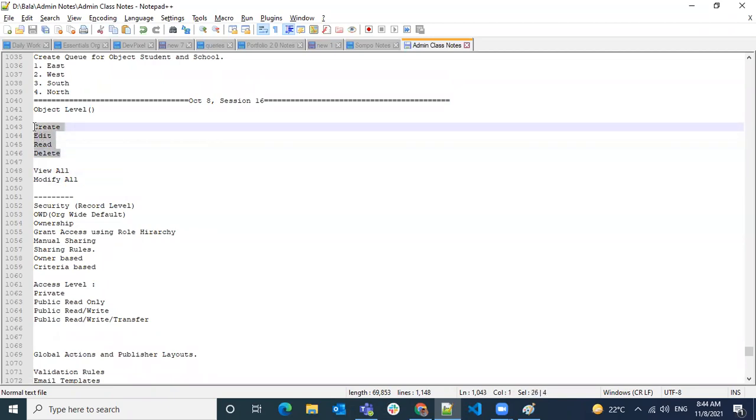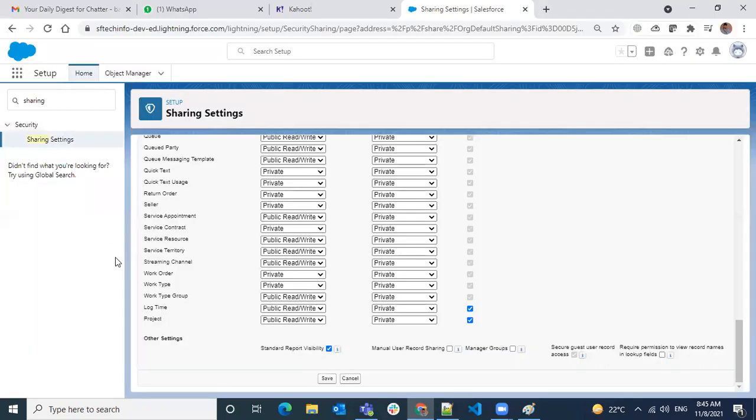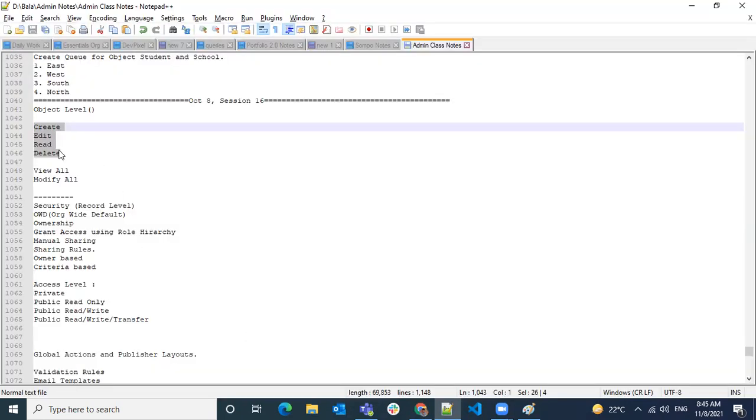Just if you give these four accesses, they can be applied by everyone and on every record. There is no restriction at the record level. When you make the OWD public read write, you are not restricting any access at the record level. Every record can be accessed by every user, but that will depend on your object level permissions.